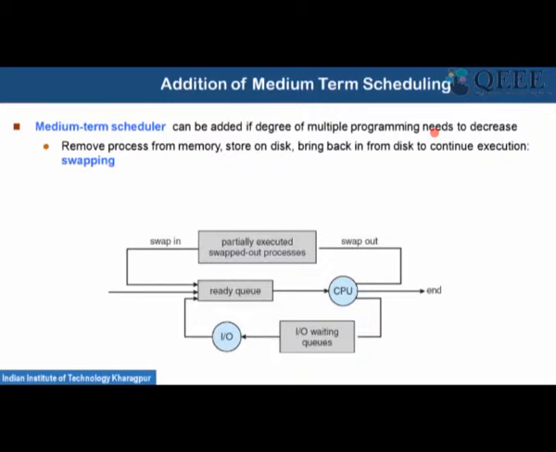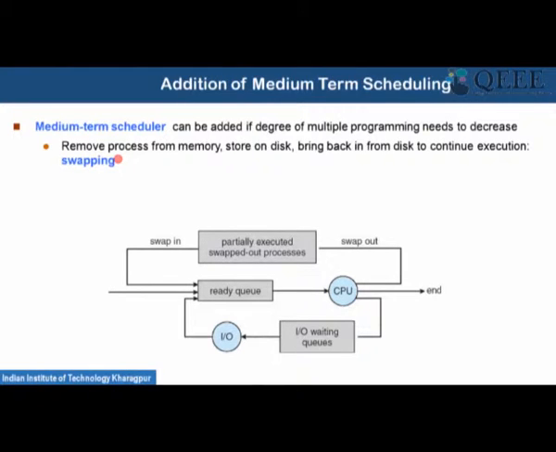So, the long term scheduler takes a job from the job queue and puts it to the ready queue. Now, you find out that this long term scheduler is taking the jobs very frequently, or there are jobs in the ready queue which affect the degree of multiprogramming or the process scheduling performance. During that time, this medium term scheduler helps to remove the process from the memory. It stores those processes in the disk and brings them back from the disk to continue the execution. We call this a swapping procedure.